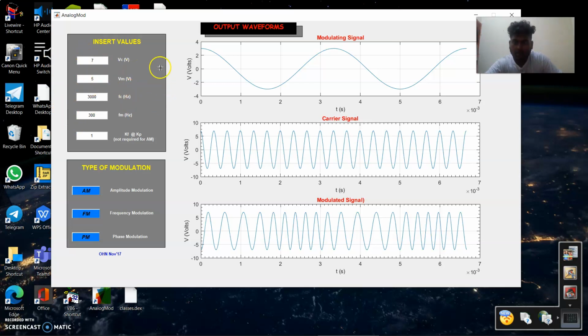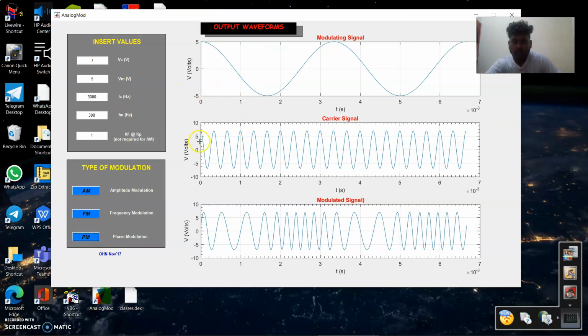So first I changed VM to 5, and the output is this one. Then for the third table I changed it to 8, and